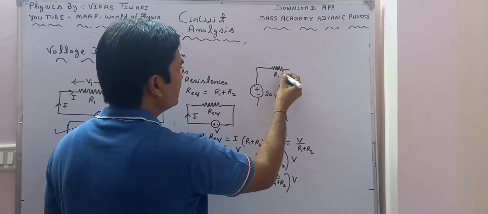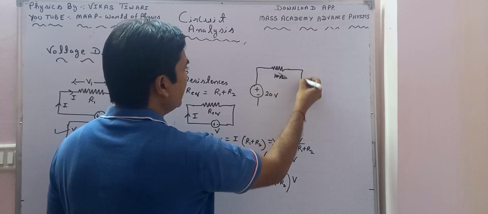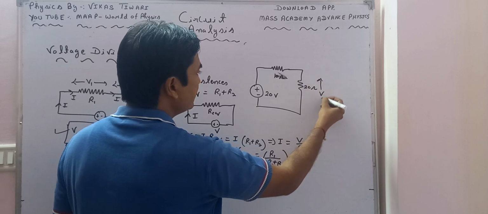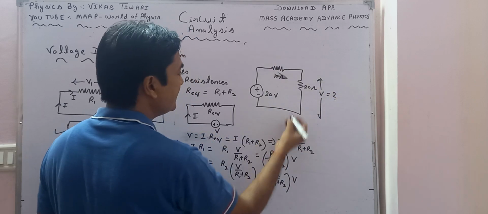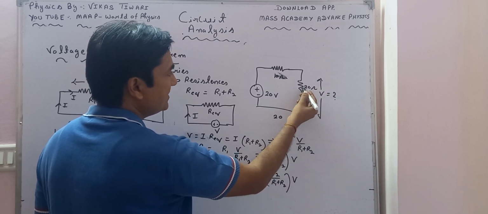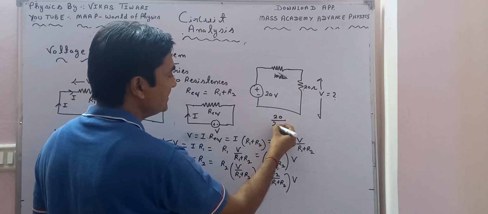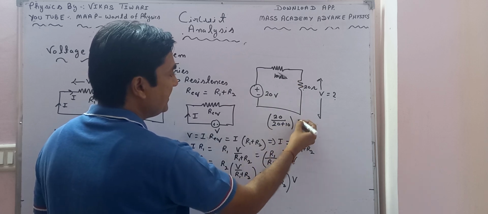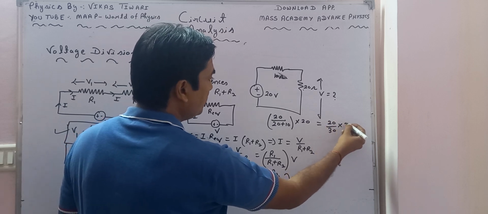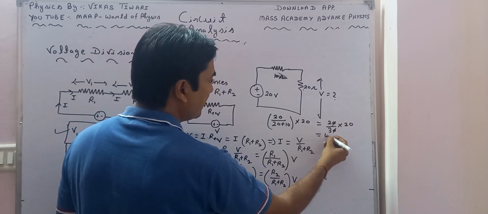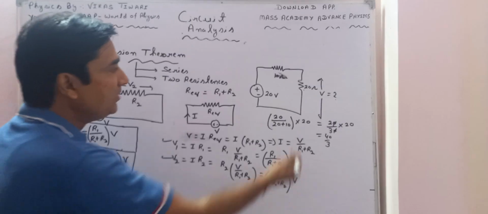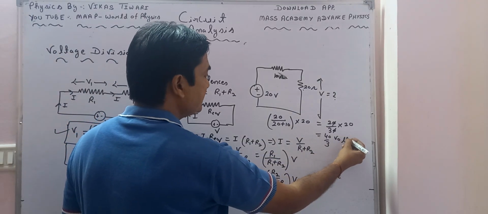battery is applied across two resistances of 10 ohm and 20 ohm, and I want to find the value of voltage across this 20 ohm. So I put the resistance across it, 20, upon the sum of these two resistances, 20 plus 10, multiplied by 20. So we can say 20 upon 30 into 20, which is 40 by 3. So this is the voltage across this 20 ohm resistor.